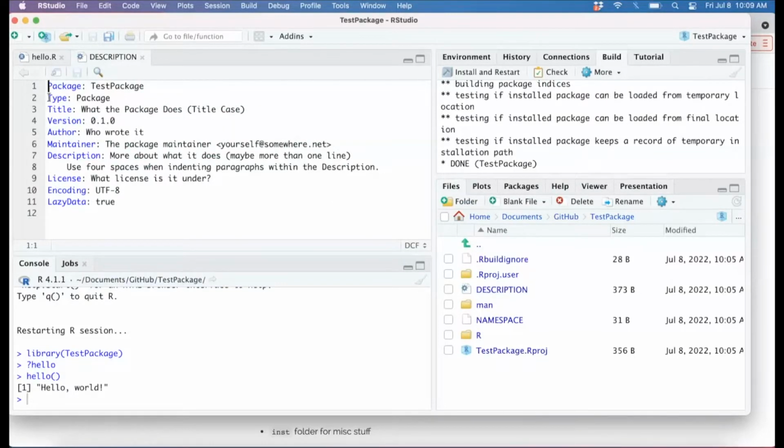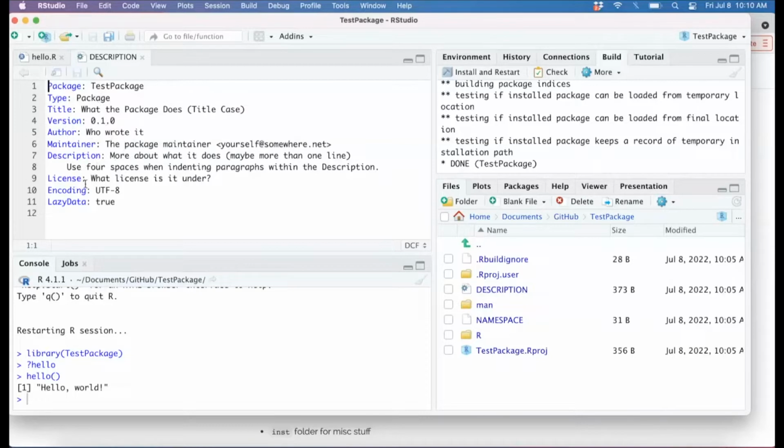But just for the basics, if we don't have any other packages that we're using in our little test package, it looks like this. We need to give it a name and type, title, version, author, maintainer, and then we tell it the description,